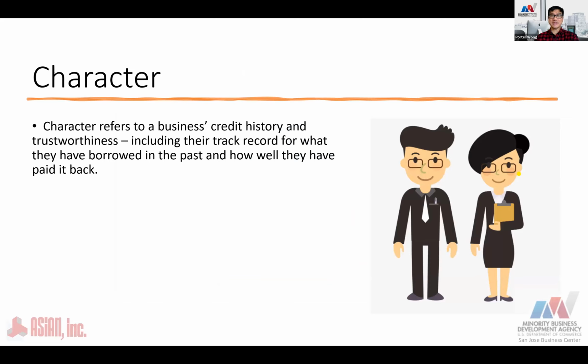If you are a proprietor, it's about the person himself or herself: whether they understand the market potential of the business, and how you or the small business are able to grow and improve your business after you get the funding. Because let's say you get a loan and have no idea how to grow your business, and the business keeps going down, then obviously you won't be able to